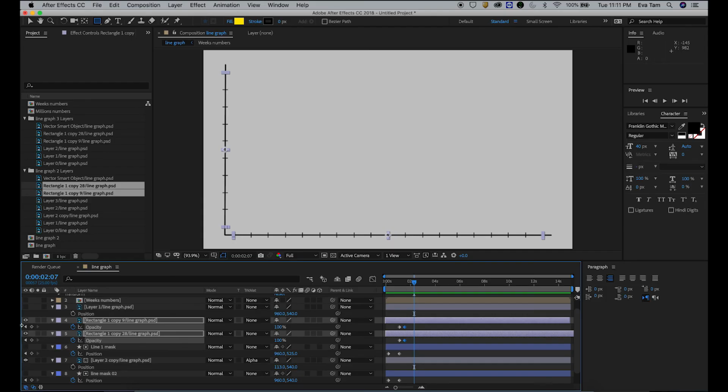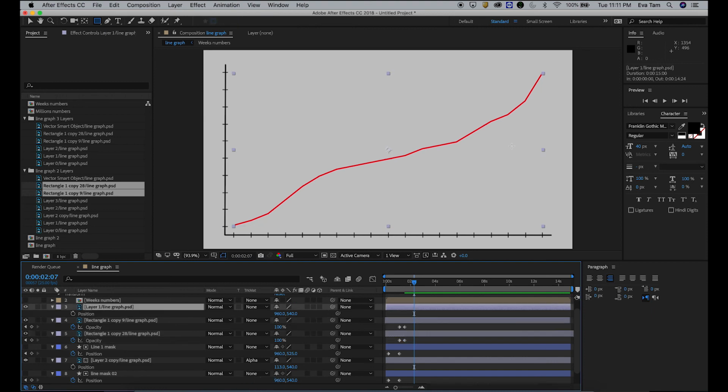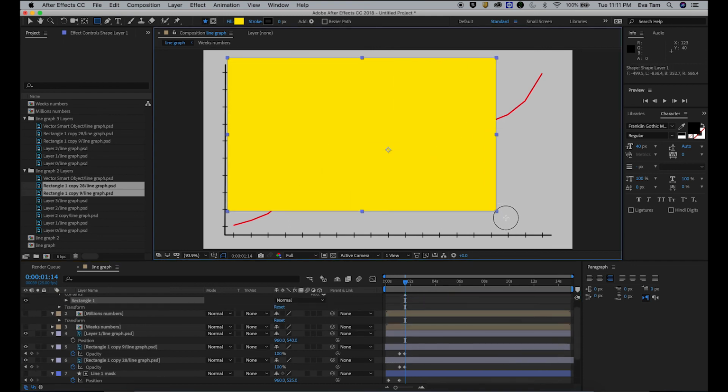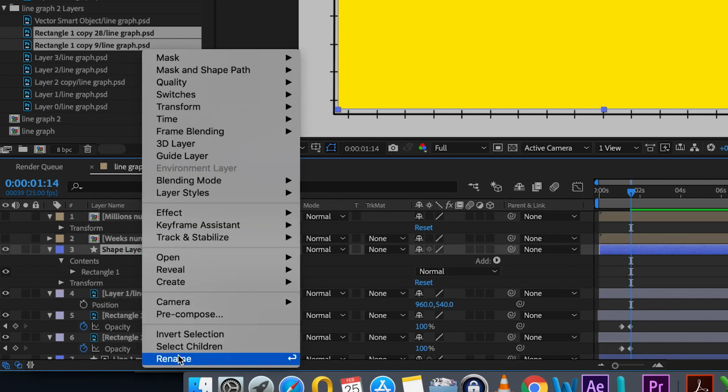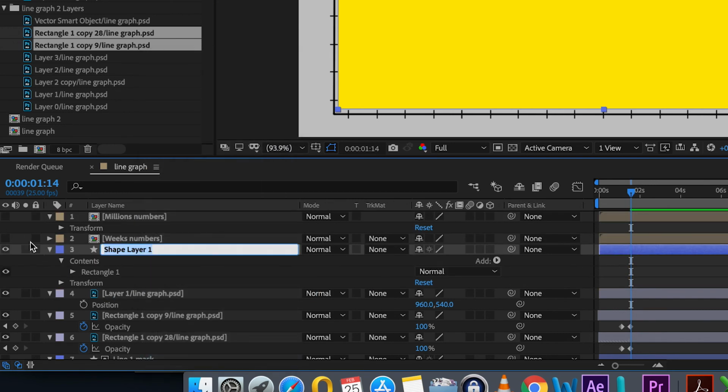So now the last part of this part is this line. So what I'm gonna do is draw another mask. Okay. And rename this mask as main line mask.